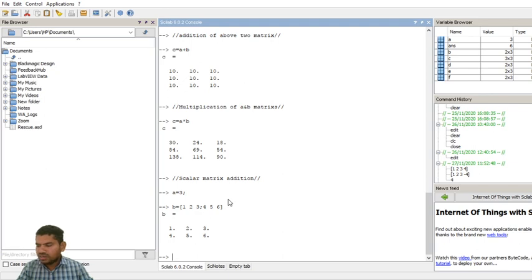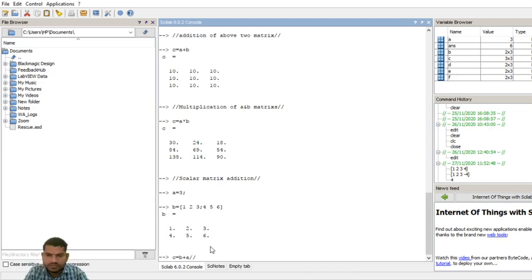Now add the scalar to each element of B, that means C is equal to B plus A. Now I want to perform this B plus A. The scalar value A is added to each and every element in B, that is scalar addition.